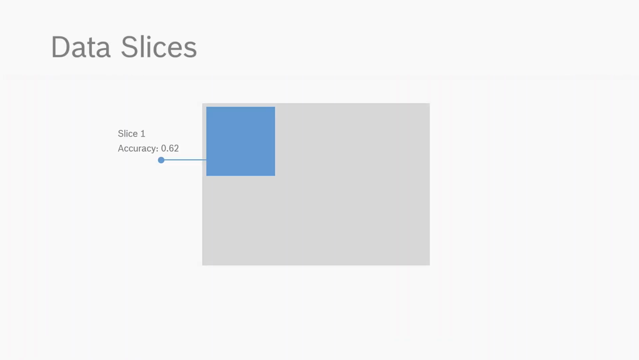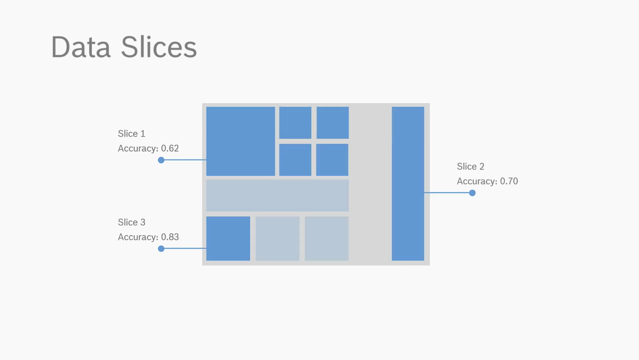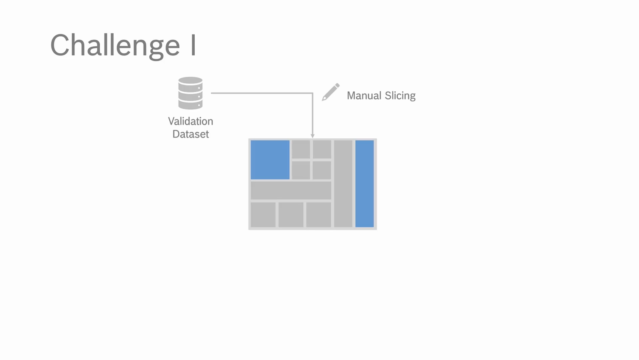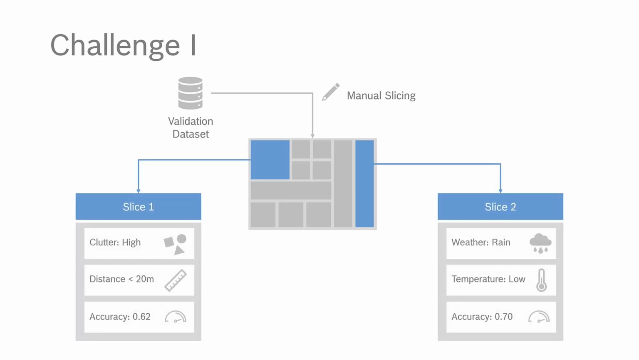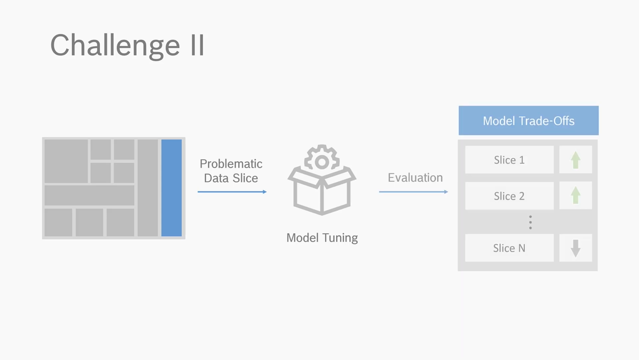However, it is a non-trivial task to efficiently evaluate and improve model performance under all condition combinations. We have two main challenges. Challenge 1. Manually slicing the data is time-consuming and may miss critical data slices in the model. Challenge 2. Once a defect is found, it is risky and time-consuming to iteratively improve models without foreseeing the trade-offs